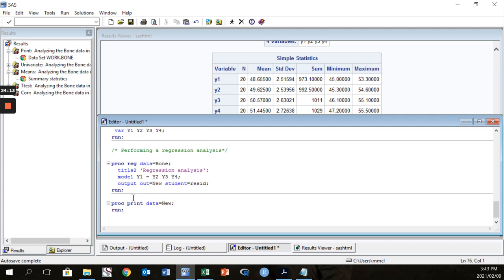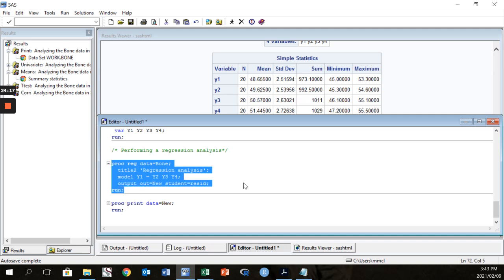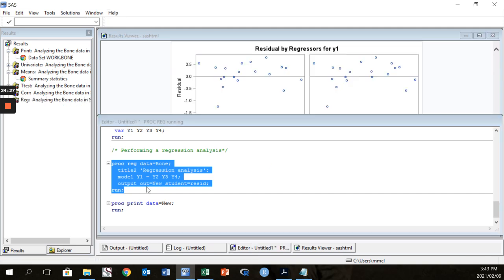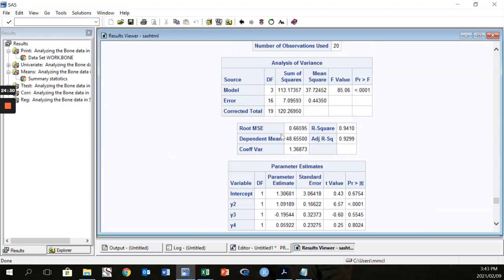And let's run it over there. So I'm first going to run this part, and it will do a normal regression for us. Again, you can look at the help file to see what else you can do. So this is the output